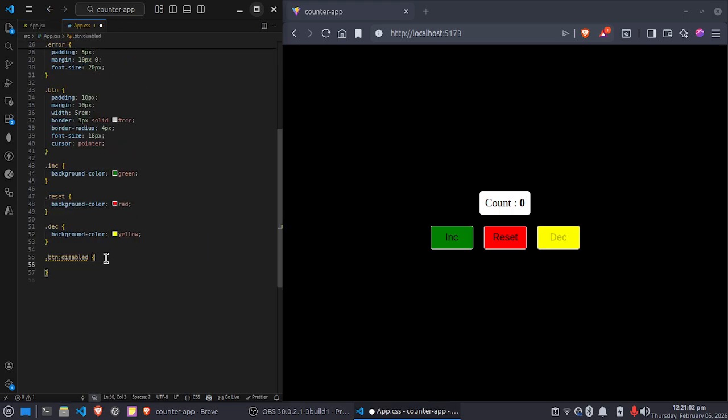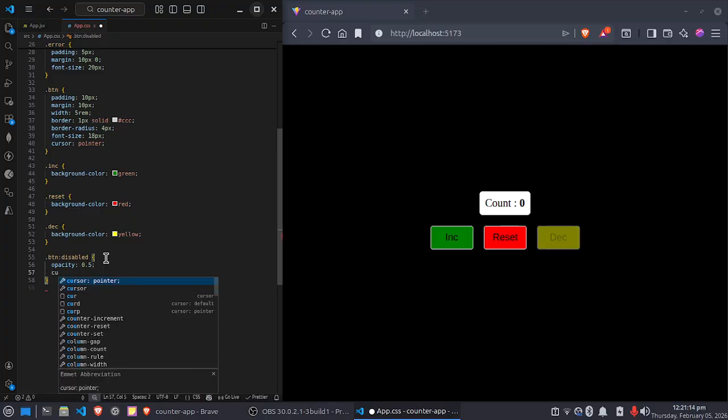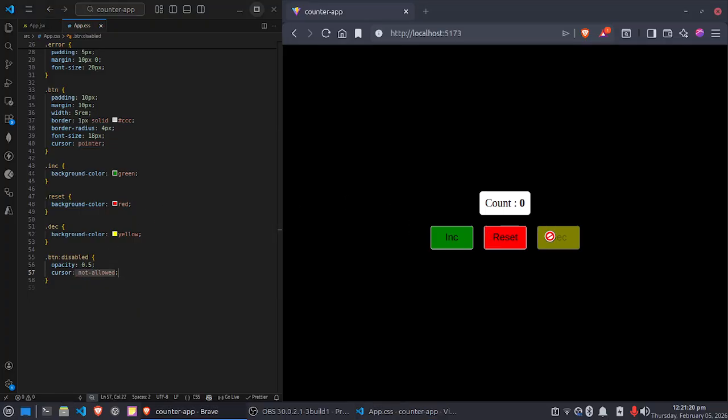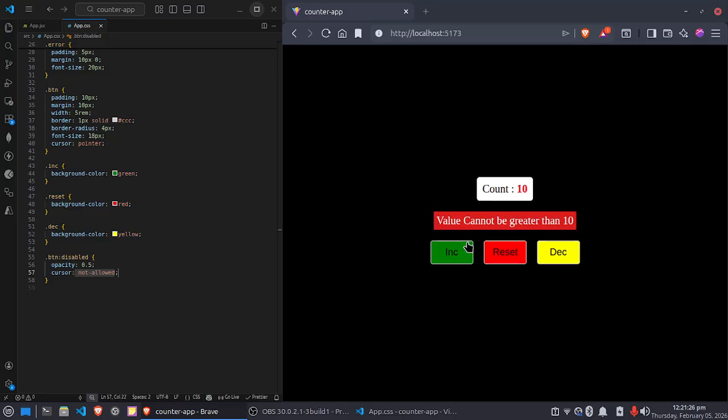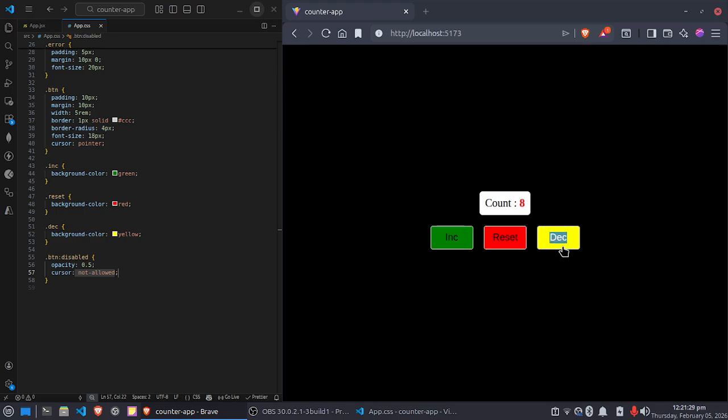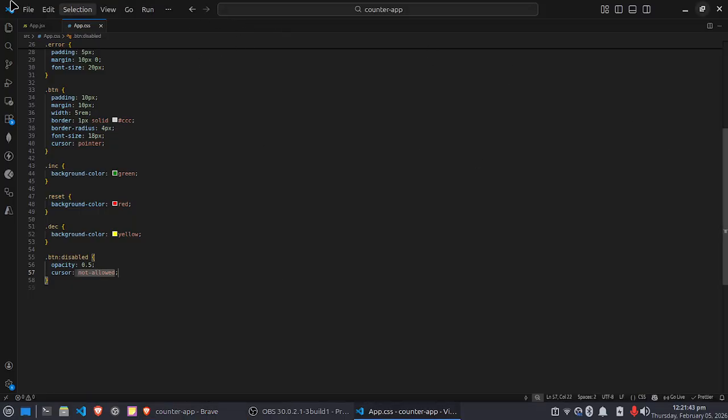means it's in the CSS, just write here opacity 0.5 as normal CSS, and cursor is not-allowed. So if you see here, I am not able to click this button, this cursor is not allowed and it is disabled. When I click the increment, now it's working. 4 3 2 1, and at 0 it becomes disabled. So this is the basic counter application here in this React app. So let me go